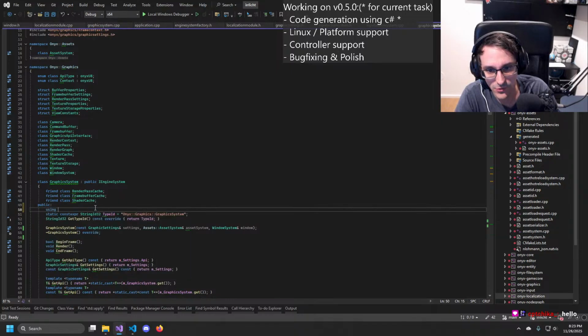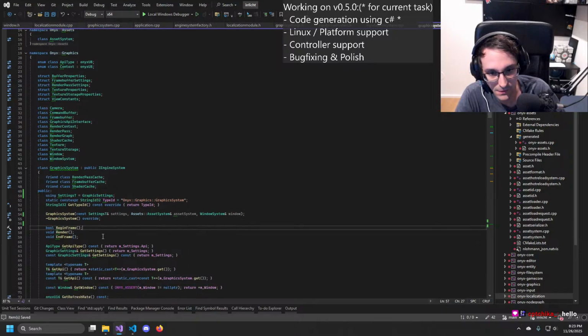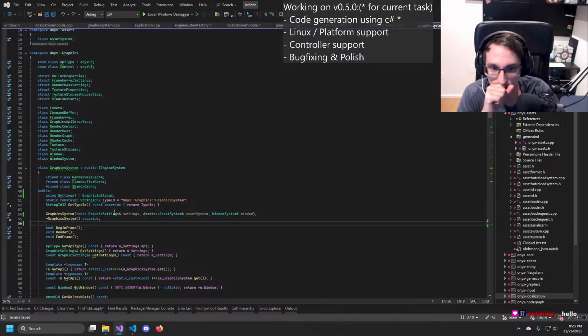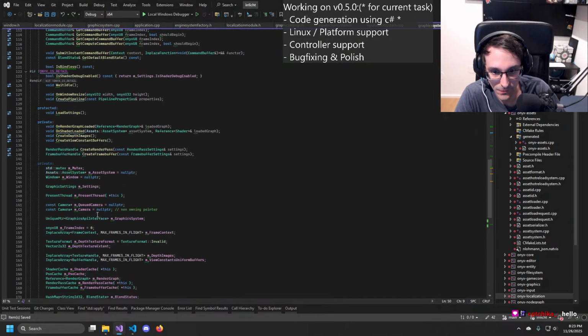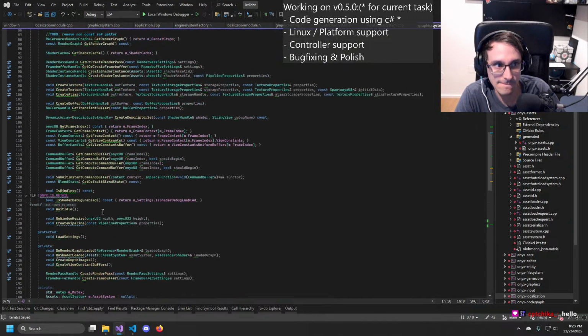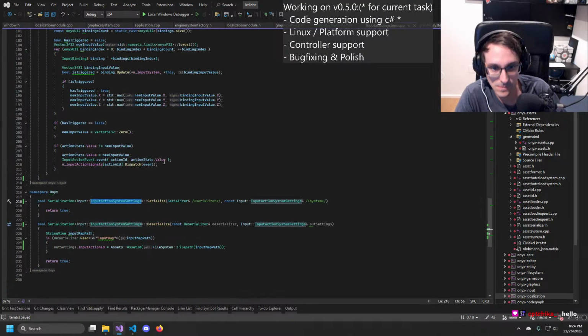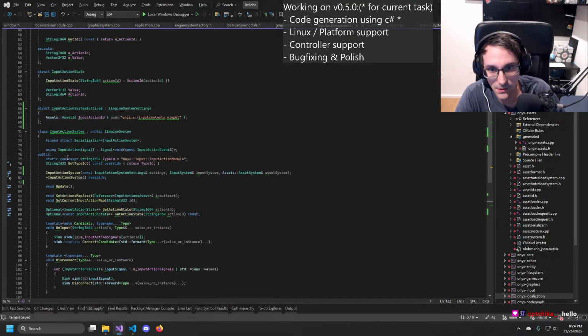And just do a using settings T is graphics settings. That should be good enough, I think.